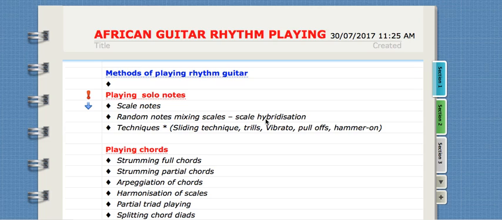And then you can also play rhythm by using techniques. Now, by solo notes, I mean, solo notes are very beautiful if you want to play many guitars or if you want to produce polyrhythm. This is one of the ways for producing polyrhythms. You play solo notes. Now, techniques are things like trills, sliding technique, vibrato, pull-offs, hammer-ons, and